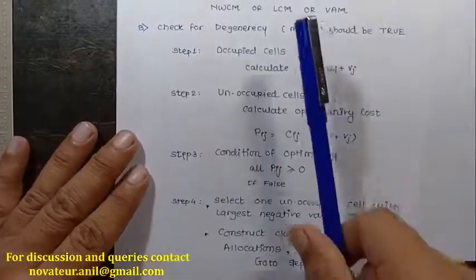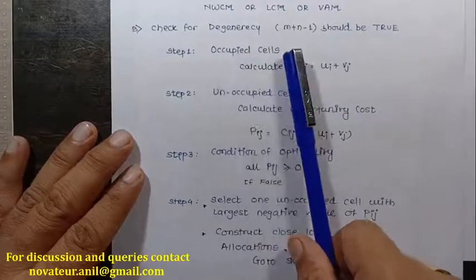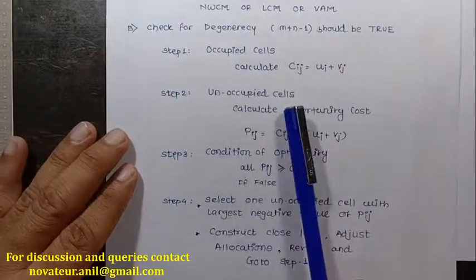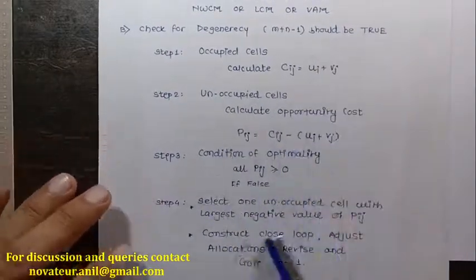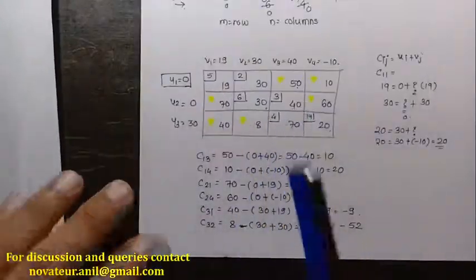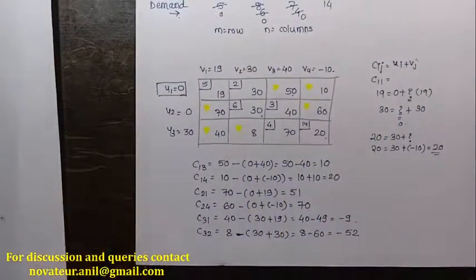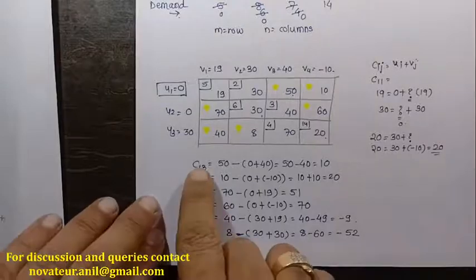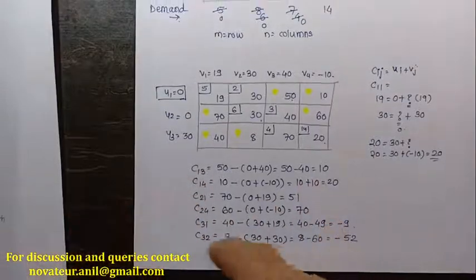Okay, so this is part 2 of the operations. I'll read out again. We need to perform two operations. One is on occupied cells and one is on unoccupied cells. So these are the occupied cells, we have done with this. Now we need to check for the unoccupied cells. These are the unoccupied cells, we have done it.